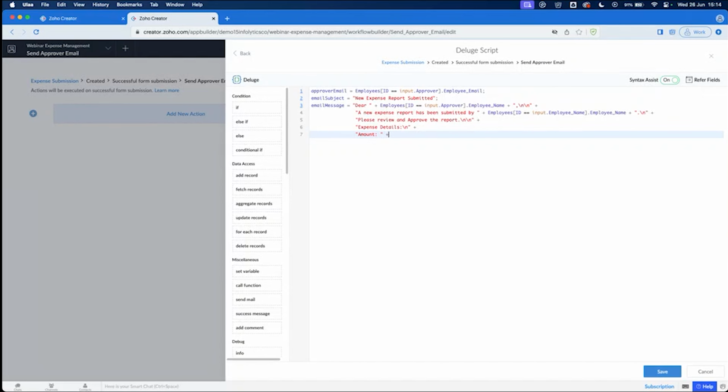So what we're doing now is getting the amount from the input amount field. Whenever we use the word input, we're referring to the form that's actually being worked on at that particular instance. So it knows that, okay, I'm looking at the field amount in this particular form, and that's the number or variable that I'm putting in that particular space. So input amount essentially just gets the information we want from the form in terms of the amount and puts it there. And then plus